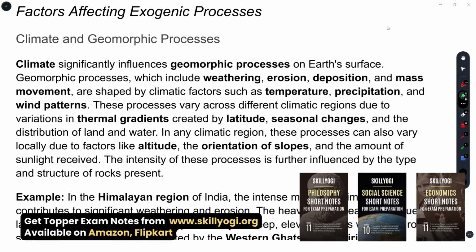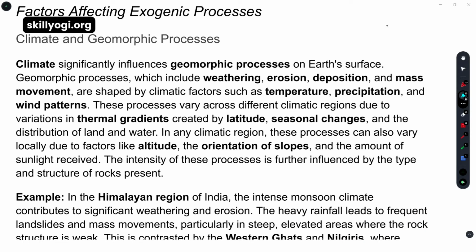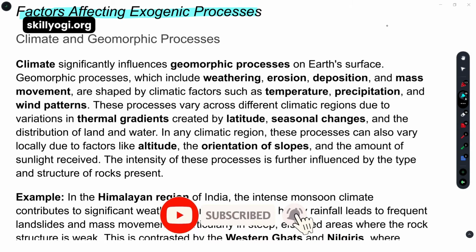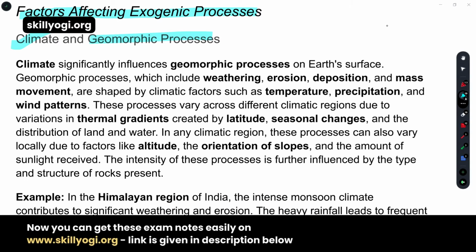So now we are going to know about the factors which affect the exogenic processes. There are 3 to 4 factors we have just learned. So in detail, now we are going to know about the factors which affect the exogenic processes. The first one is climate and the geomorphic processes. What are the processes, and how does climate depend on the geomorphic process to make a reshaping